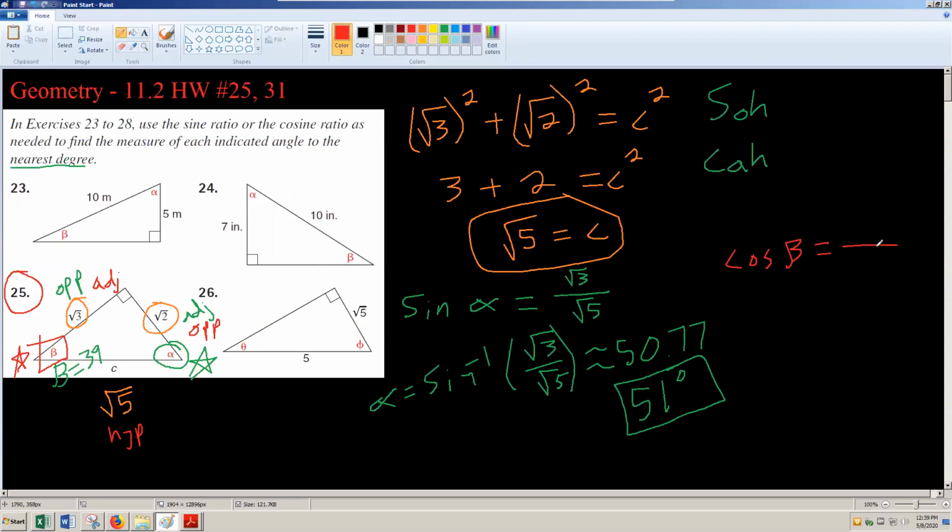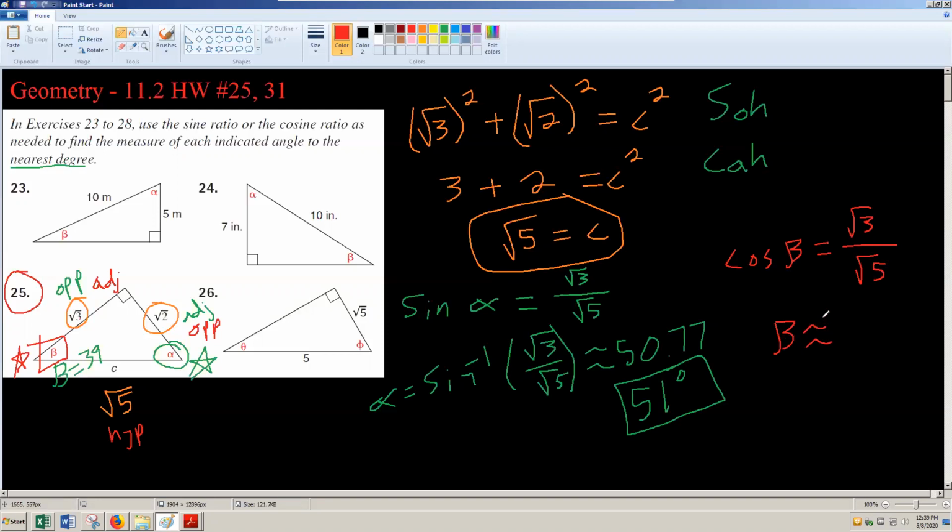So this would be, oh my goodness, now here's root 3 over root 5. Spooky. It's the same ratio over here, but instead of doing sine, I'm doing cosine. Is it a coincidence that it's going to be the complement to 90? No coincidence there. So for our beta value here, we would do inverse cosine, and we get our beta value